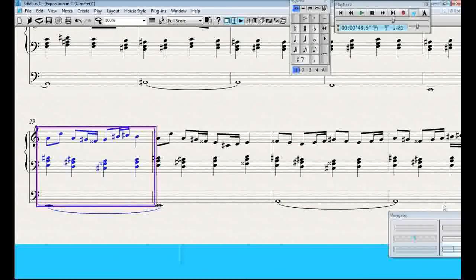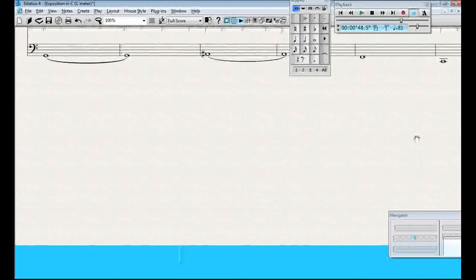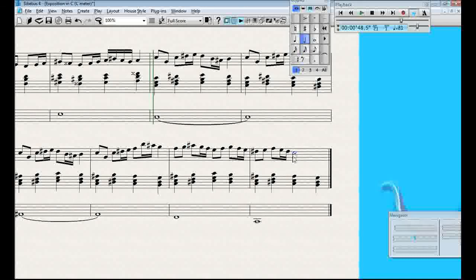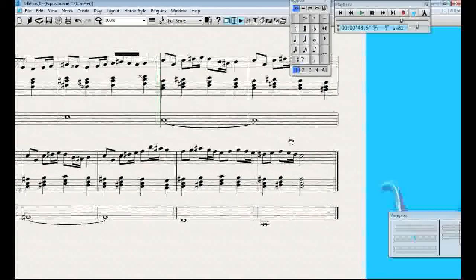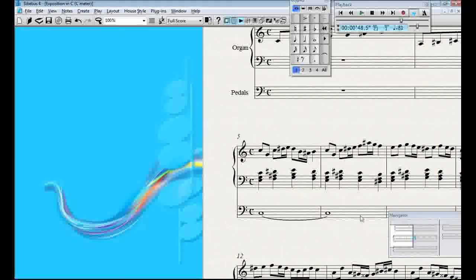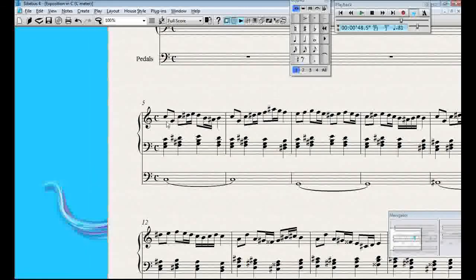So I think we can erase this measure, and the very last thing we need to do is complete with the longer chord right here. We have to stop right here. So I think we have created our 24 measure exposition right here,